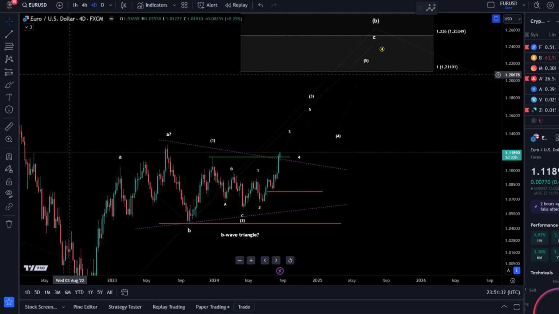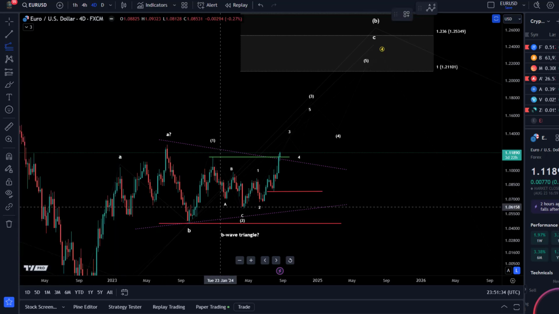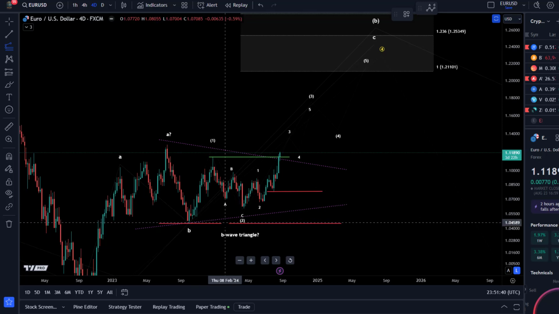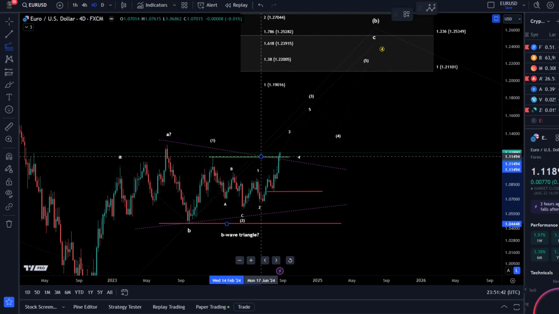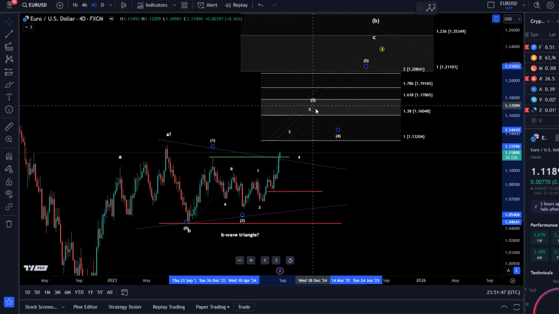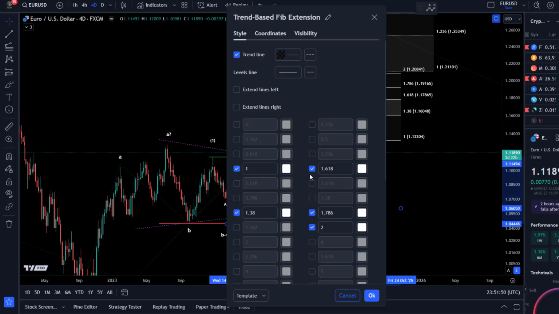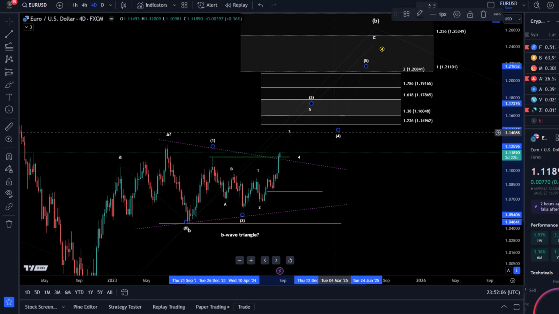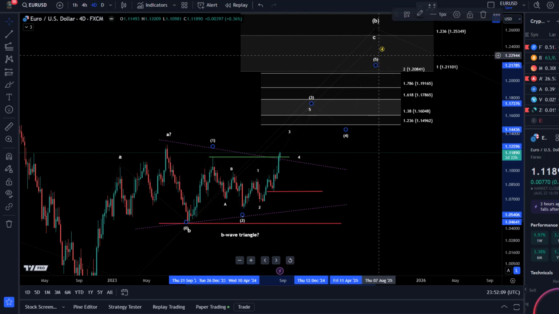What we can do is also add the next Fibonacci extension targets here for the third wave, based on this 1-2 setup, which bottomed in April this year. We take the length of wave 1, go to the low of wave 2, and then we typically say that a third wave should reach minimally, in Forex, the 1.236 extension, which is absolutely fine. That would be $1.15. Looking at the microstructure, it seems as if we might push even a little higher, maybe to $1.16, which is the 1.38 extension in this third wave. Then we should see another fourth wave and a fifth wave to wrap it all up.